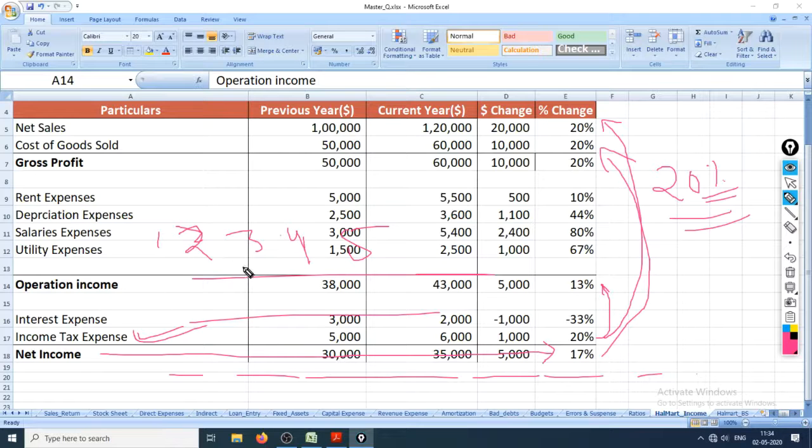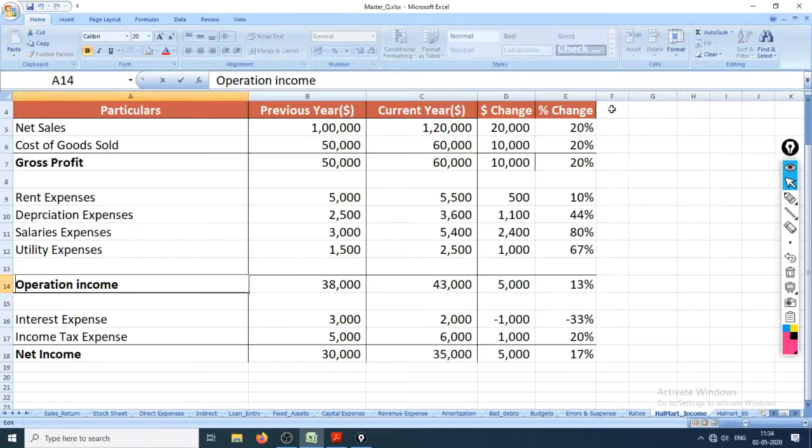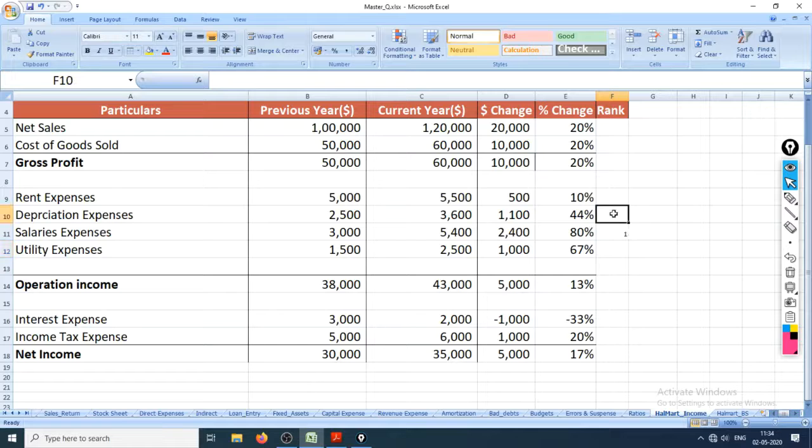This is a real life concept that can be applied anywhere in your life. We are humans and we have limited time, so we need to invest our time in those things which can give us more return. Obviously, if you prioritize, the first step should be rank analysis. Let's rank them. The first one should be this, the second one this, the third one this, this is fourth, and this can be fifth if you want.